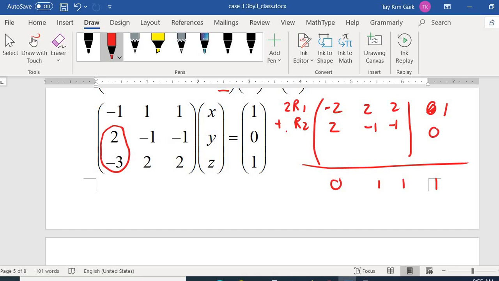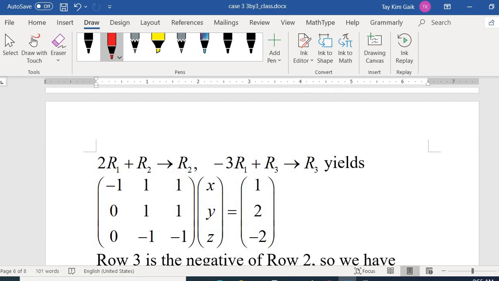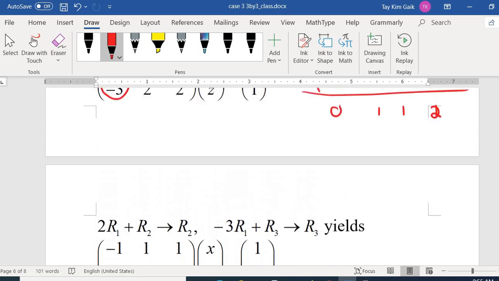Okay, sorry, got this one 2 times. So 2 added with 0, 2. So it's 0, 1, 1, 2 for the second row. Put the changes on row 2: 0, 1, 1, 2. Okay, for the third row,